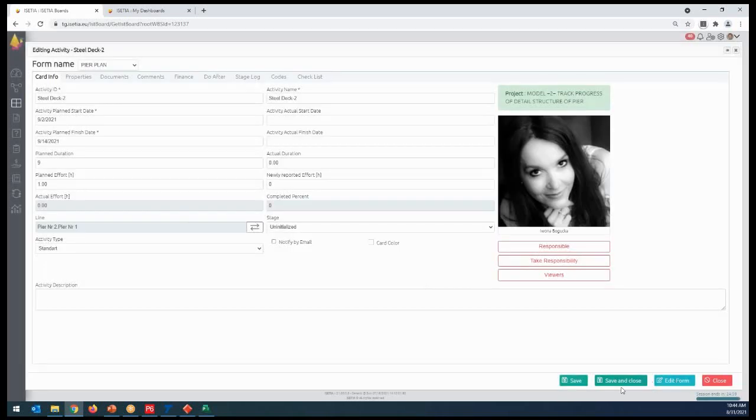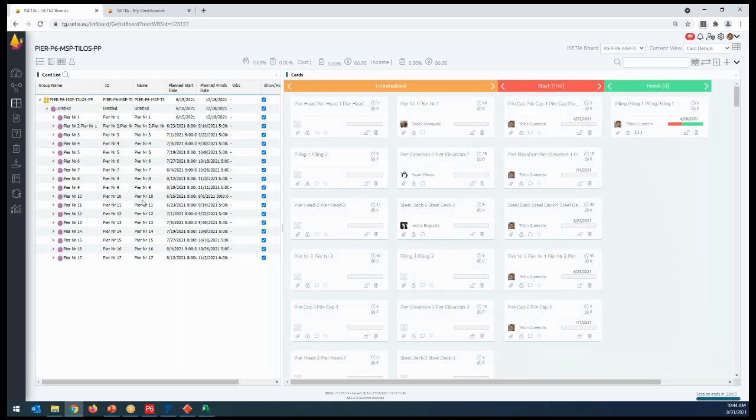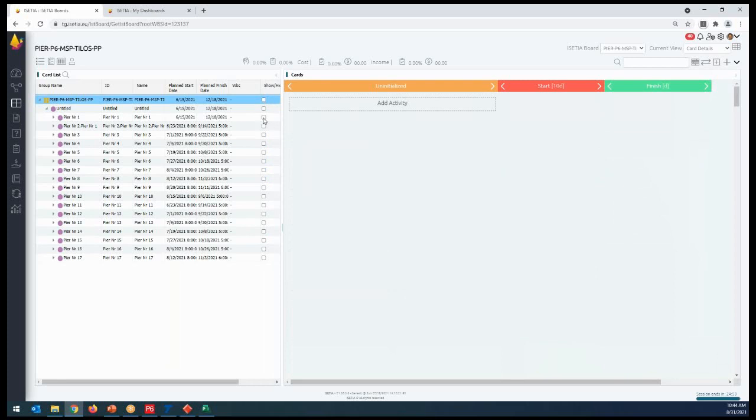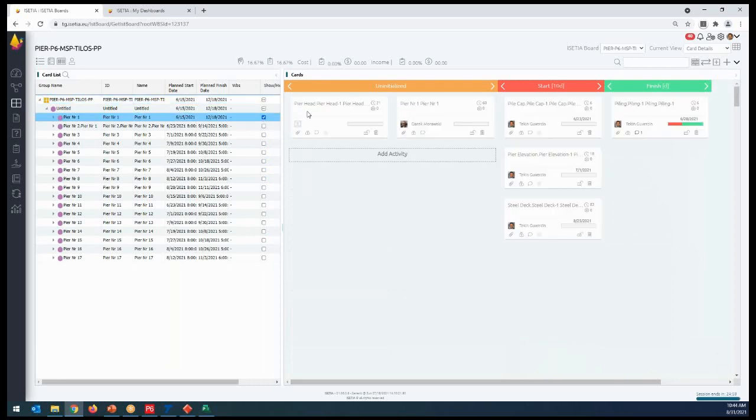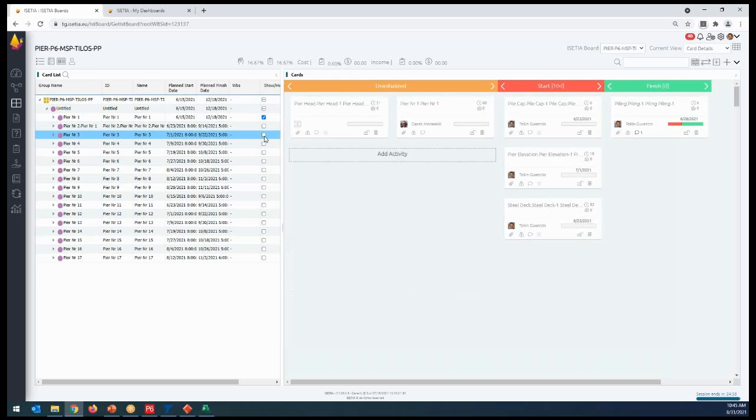All right, so I have now assigned to multiple people, especially this method we use for procurement and design planning as well, because during the procurement and design planning, it's important for the design team to know who is doing what. For example, I have here all the peers. I would like to see just peer 1, and also peer 3.